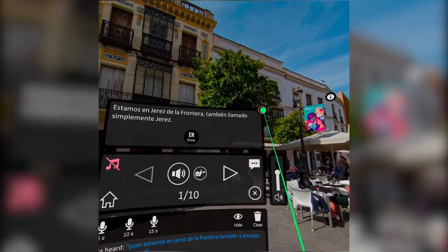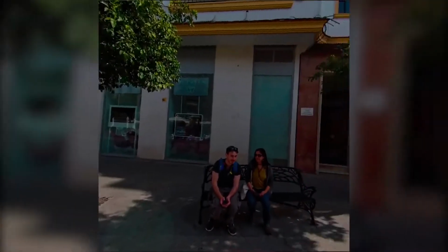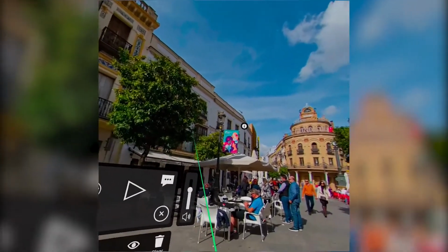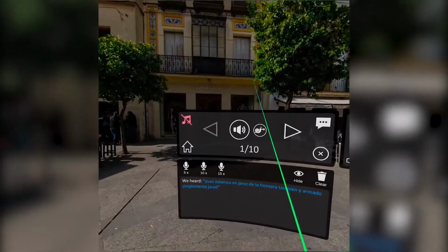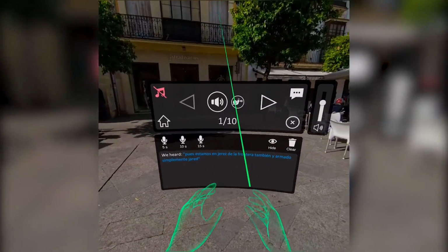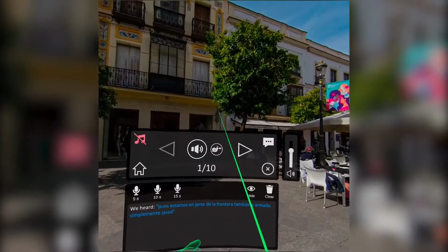Just get rid of that. If you have a little look around, I'm standing up right now, so I can turn fully around and have a look at the whole 360. But if you're sitting on a chair and you have mobility issues, you can use the joystick or the touchpad on the Go, but I'll use the joystick on the Quest that I'm currently using to rotate